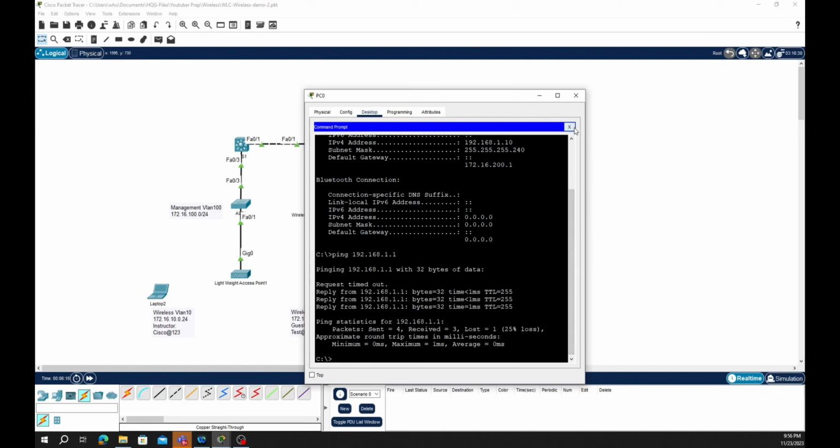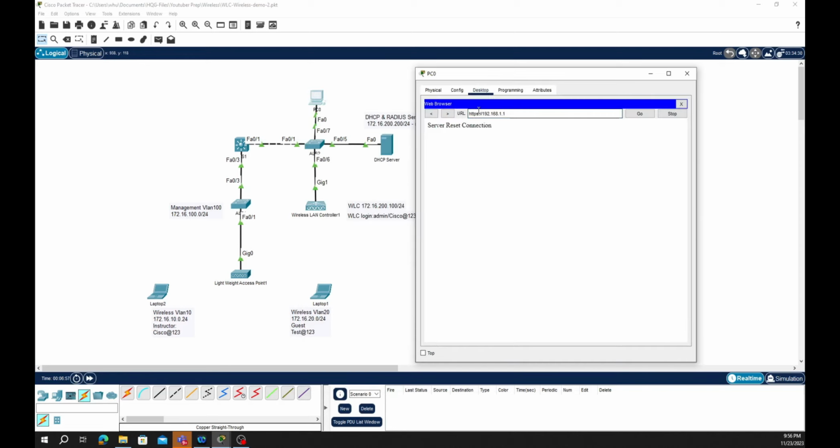Good. Now I'm going to use the browser. We are supposed to use HTTP, not HTTPS, for initial configuration. Now they are talking, and it takes a while. While we are waiting,